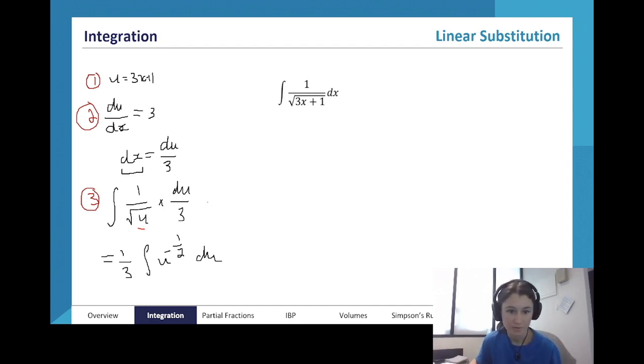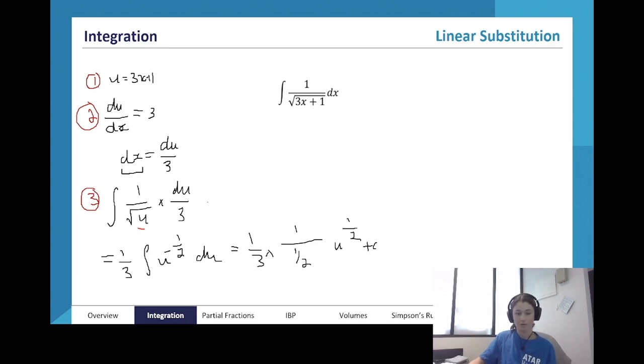And now to find this integral, we're going to have a third multiplied by 1 divided by 1/2 u to the half plus c, which is going to give us 2 root u on 3